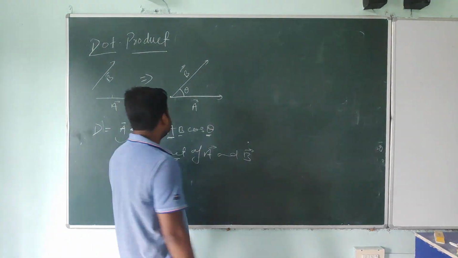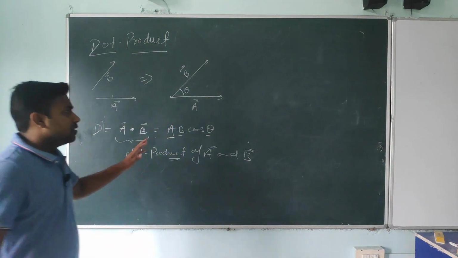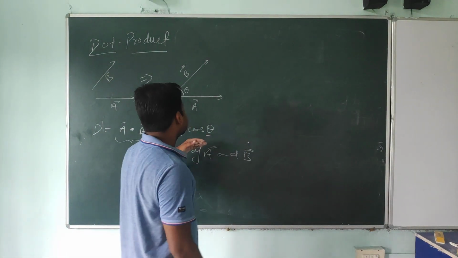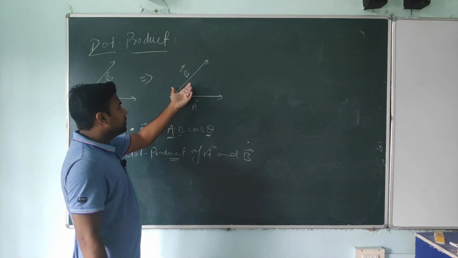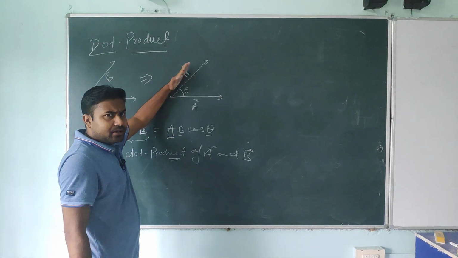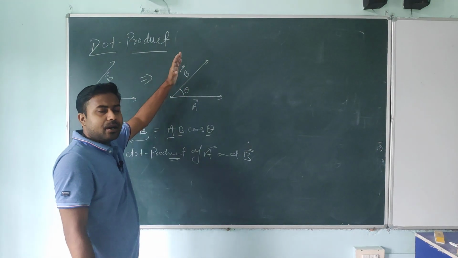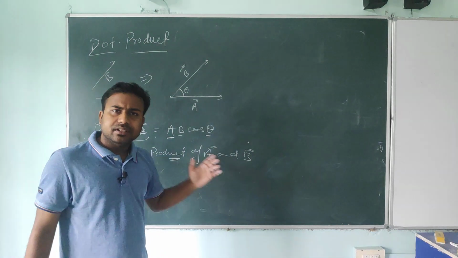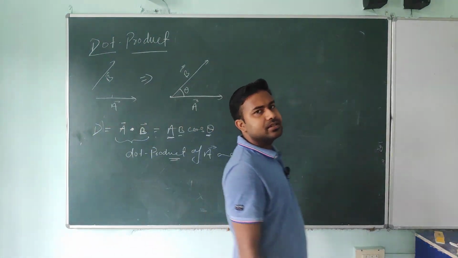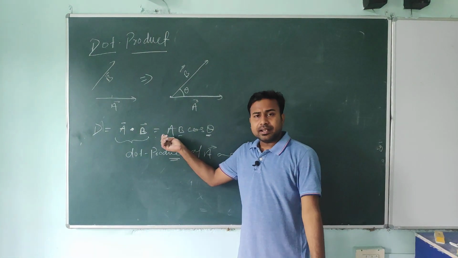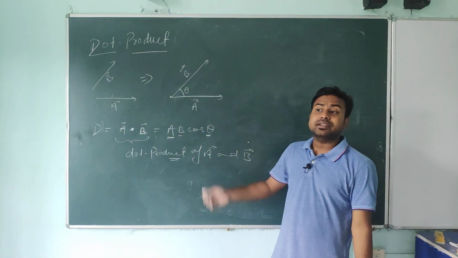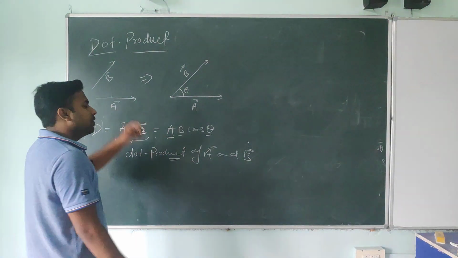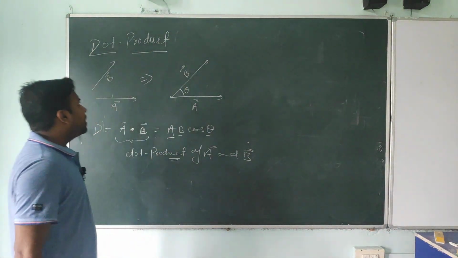Okay, student? Now you understand. Look at this. What is actually this one? A into b cos theta. It means the component of b vector along a vector. And if it is in the same direction, you can directly multiply. So the meaning is clear. A vector into the component of b vector along a vector. Simple. Okay, students.